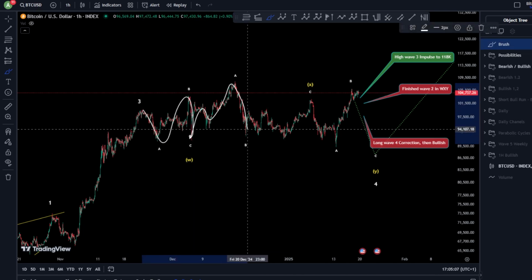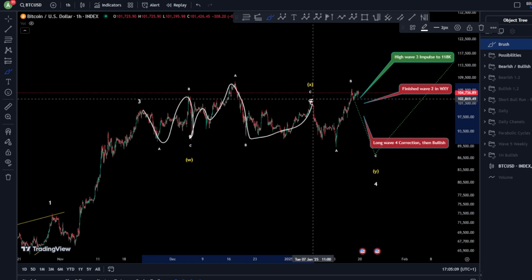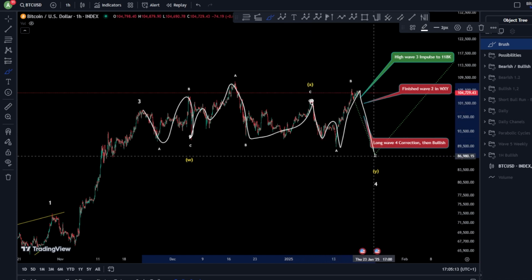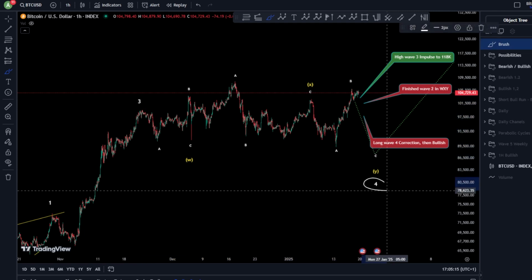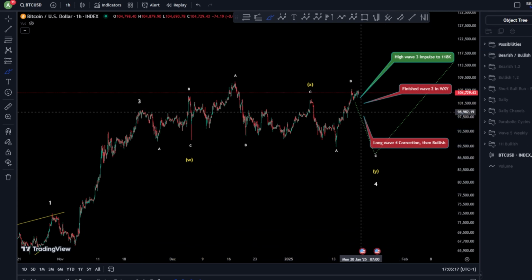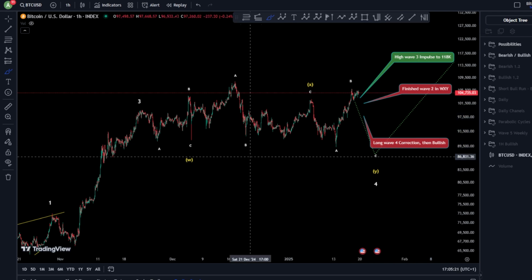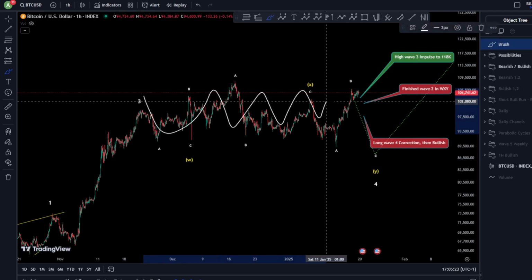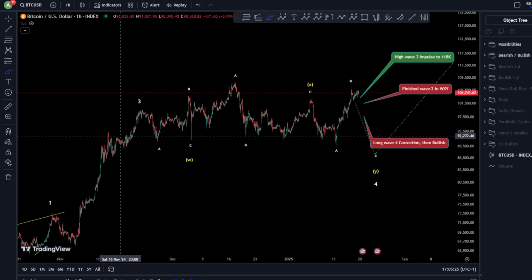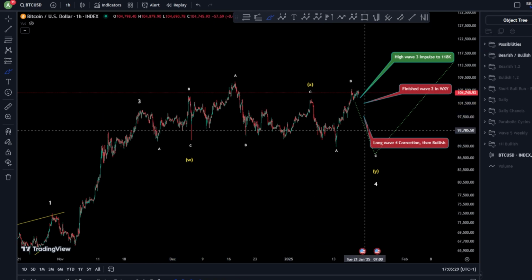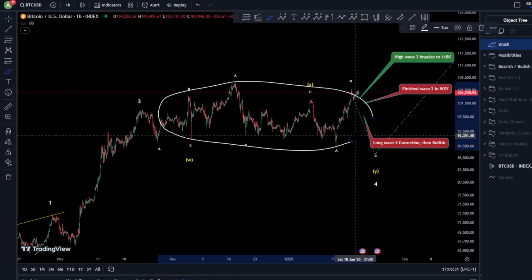And then a B and a C, of course, another running flat for X, and then another expanding flat for wave Y, probably to hit a new low for a wave 4 here, and then start to think to move to the upside. And that is because of the choppiness that we see all over this area. A lot of zigzags, a lot of running flats, a lot of flats, meaning the whole area is still corrective.